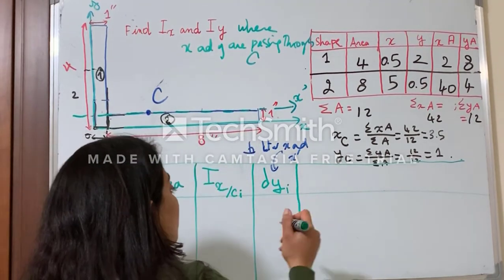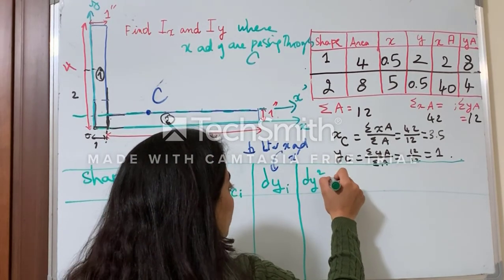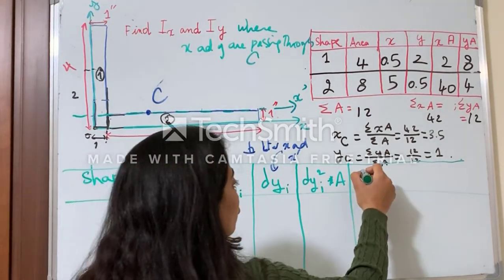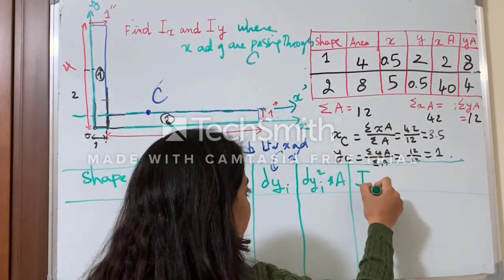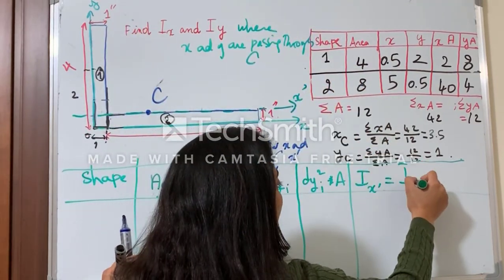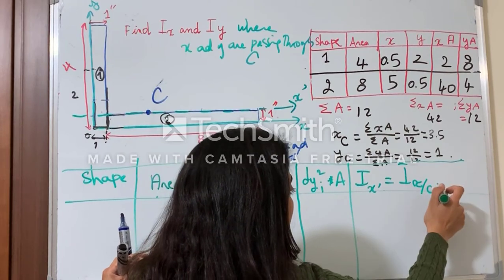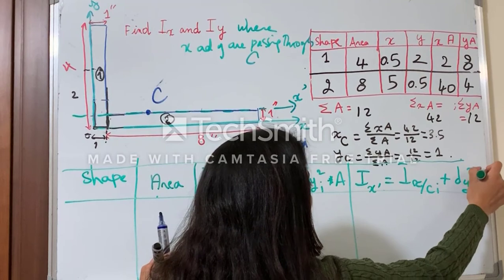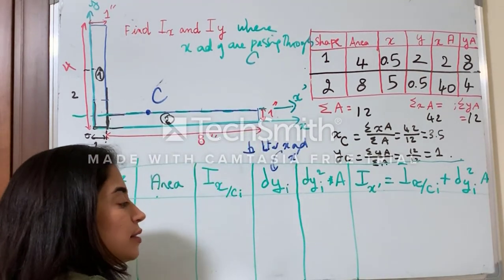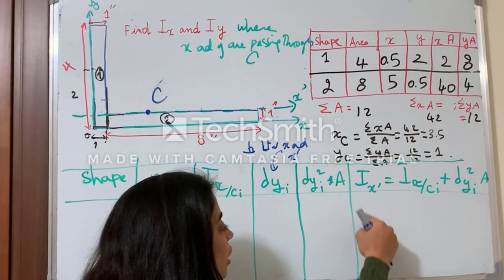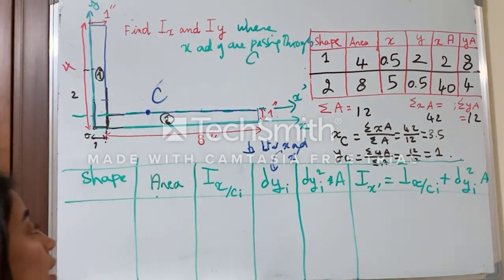And then, guys, I can find dy squared times A in order to apply the parallel axis theorem to find I around this x prime, which is Ix, which is the question basically. And this is Ix around Ci, the centroid of the shape, plus dy squared times A. So that's it, guys. This is the parallel axis theorem, and then I can apply this table, find the sum of these two Ix prime, and this will be my